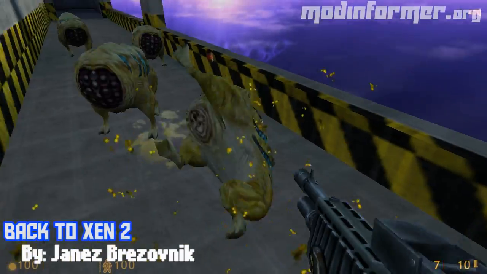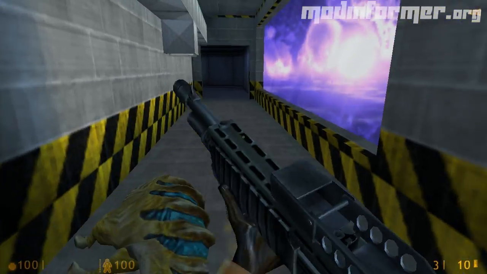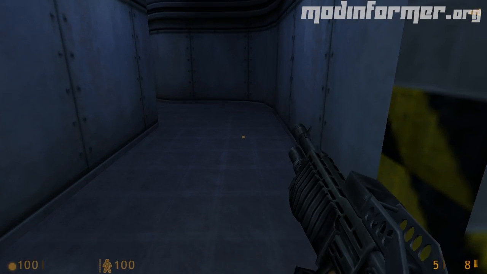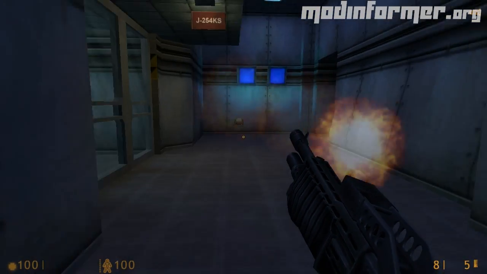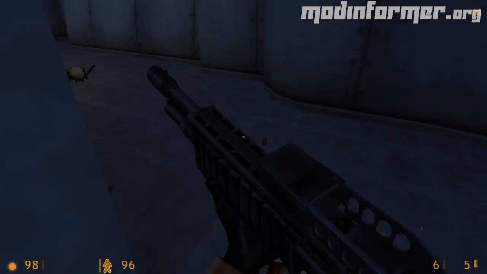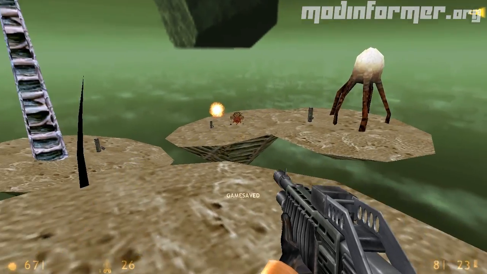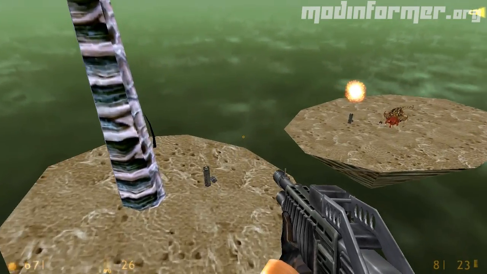For number 18, we have Back to Zen 2. Back to Zen 2, like its predecessor, is a grunt slaughter map, only this time you get to kill Zen 2. The first 10 minutes or so are actually quite fun, with chaotic Zen spawns, strategically placed health kits, and limited ammo. But after that first 10 minutes are up, the map draws on, and on, and on, and the